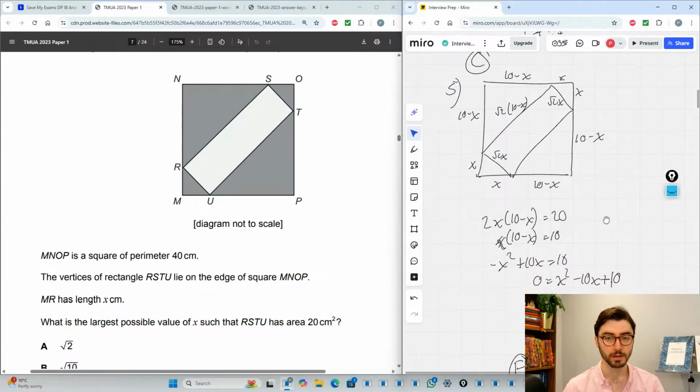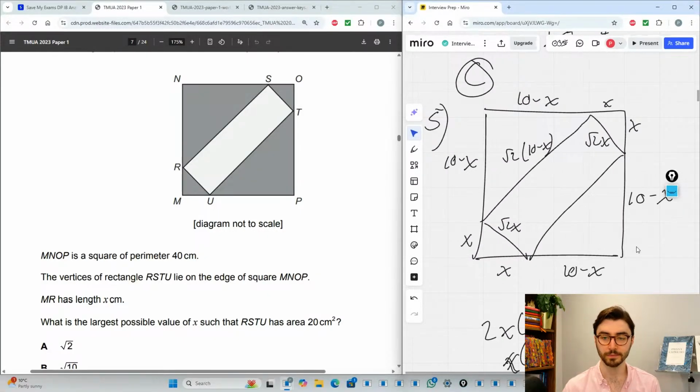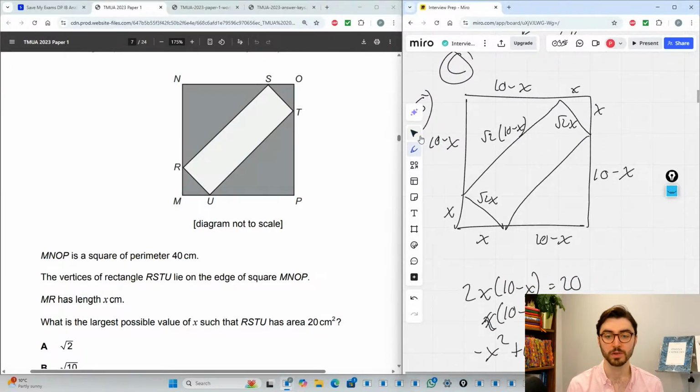Here, notice how I didn't do a full Pythagoras on that. So this is quite helpful, actually. To find my root 2 of 10 minus x, this is quite a common technique for making your life a lot easier when you're dealing with triangles in a non-calculator or an algebraic setting. I knew that because that was a line of symmetry, that was going to be at sort of 45 degrees. So I knew that was going to be x and that was going to be x in order to maintain the symmetry. So I knew this was 10 minus x and 10 minus x,